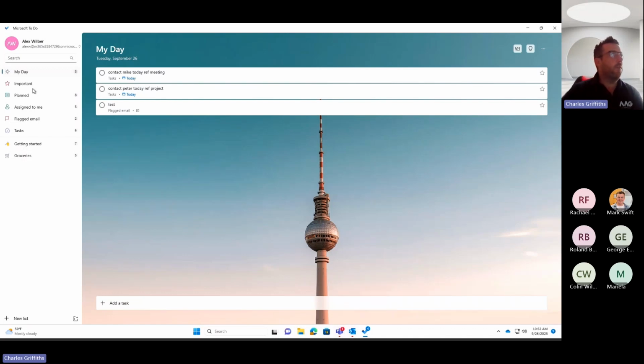And firstly, what I can see here now is any tasks that I've got assigned. So any tasks that I've put down to be assigned to me to do today. These are things that I absolutely must get done today. Now, your My Day view in To Do refreshes every day. So it's not going to get rid of your tasks, but it will create you a blank My Day tomorrow. So when I go to this page tomorrow, these tasks won't appear on there because it'll be a new day for me to plan. However, my tasks will still be there, so I can start to see things like,